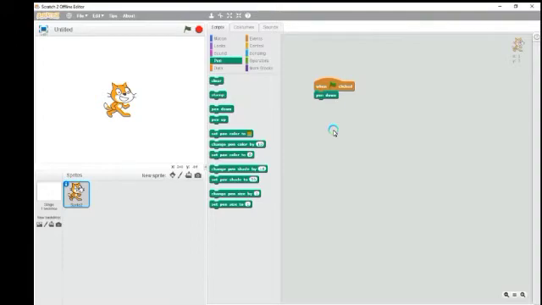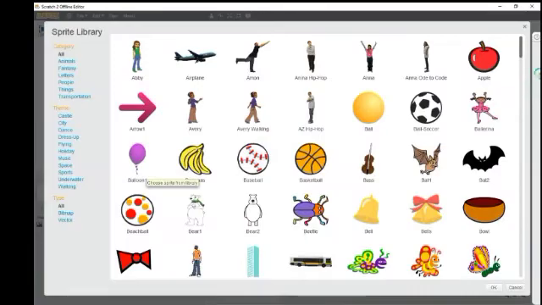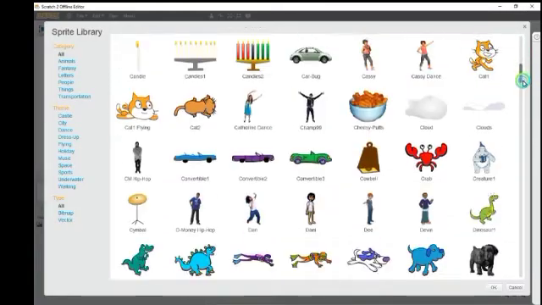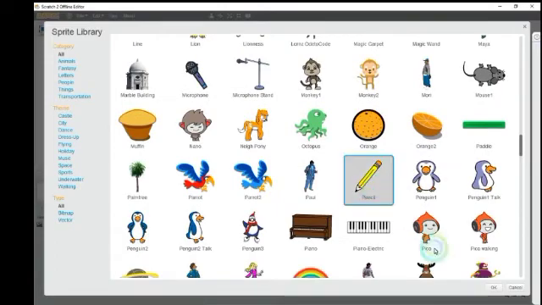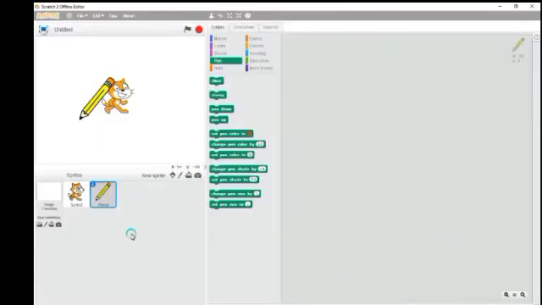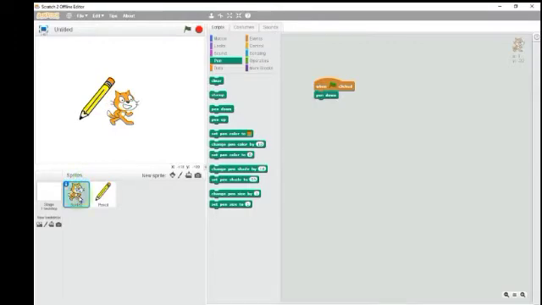What I have to do for this, first I will change my sprite, children, because I want to show you how it will start drawing. So now I'm changing my sprite. I'm taking a pencil from there. See, this is the pencil I have selected. Now this is my sprite. Okay, now what I'm doing is,